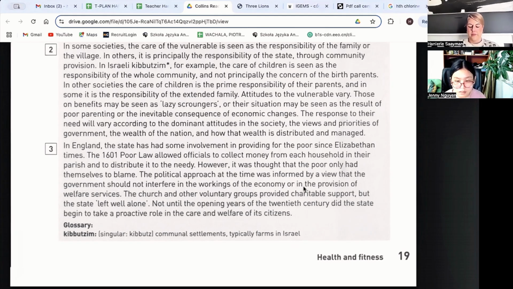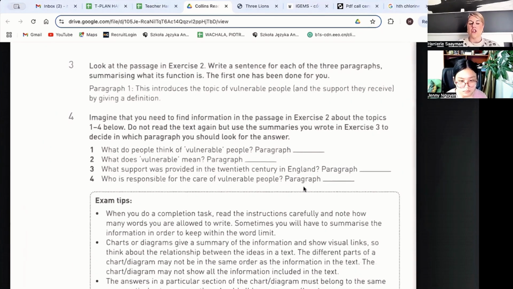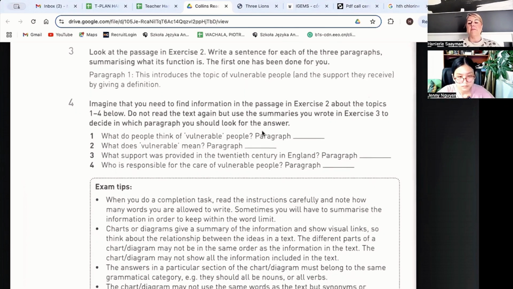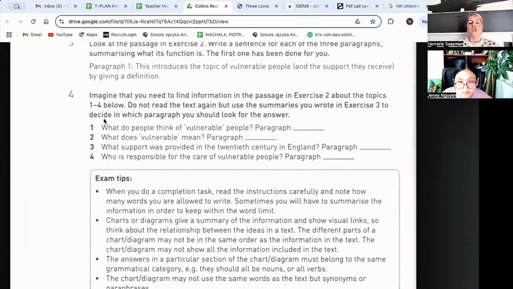It was about helping the needy and providing the health and care that they all need, even though they're vulnerable in their life. It means that somehow we need a way to help them. Yeah, it's about the care and welfare of the citizens. Well done, Jenny. Now, imagine that you need to find information in the passage in exercise 2 about the topics